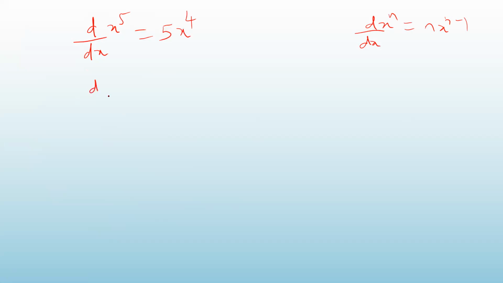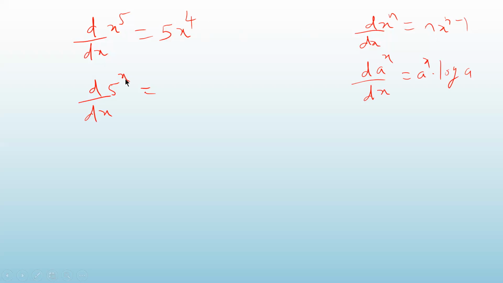But if I ask you what is the derivative of 5 raised to x, can you see that difference? In this problem, x is in the base, and in this expression, x is in the power. So if x is in the power, which formula do I have to apply? This formula, a raised to x, which is a raised to x into log of a. Many students get confused. If x is in the base, then you apply the formula for the derivative of x to the power n, which is n into x raised to n minus 1. So 5 into x to the power 5 minus 1, that is 4.